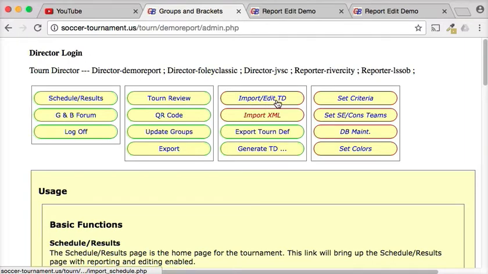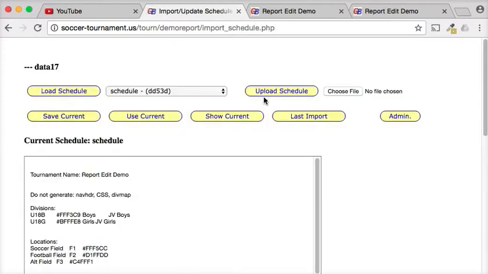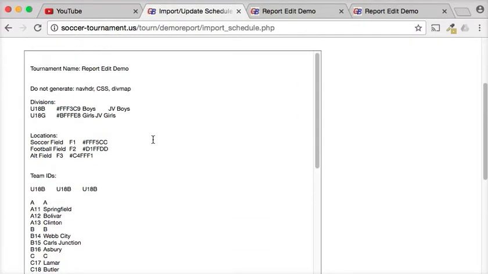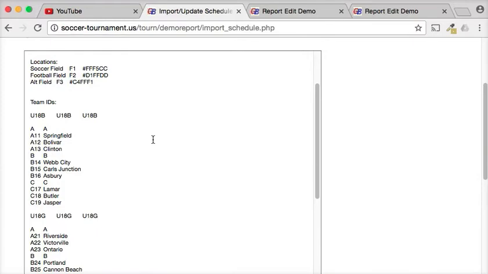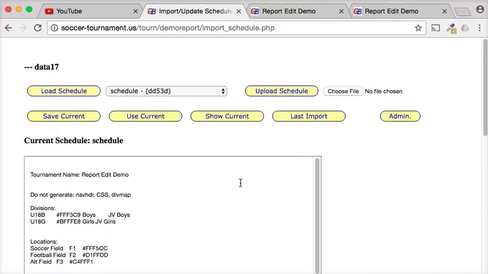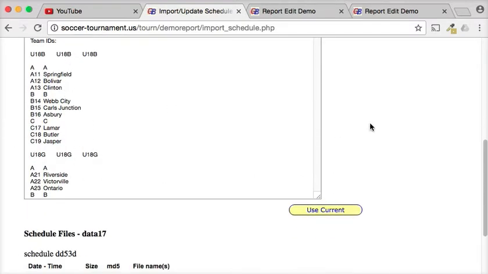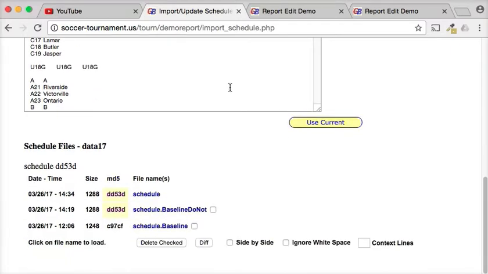The import edit TD is very important. It is also the most complicated part. It's not that complicated, but it is the most complicated. What that does is, there's a text file here that represents the tournament. Shows the tournament name, the divisions, colors of the divisions, the locations, the colors of the locations, teams and their groups in both divisions,